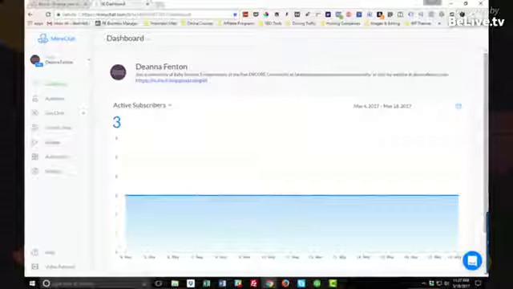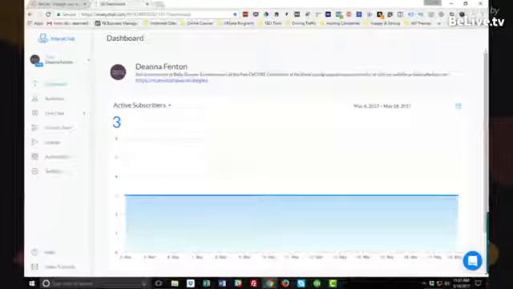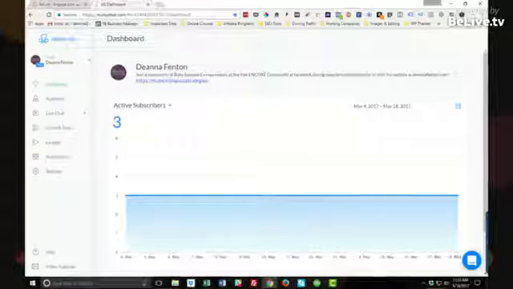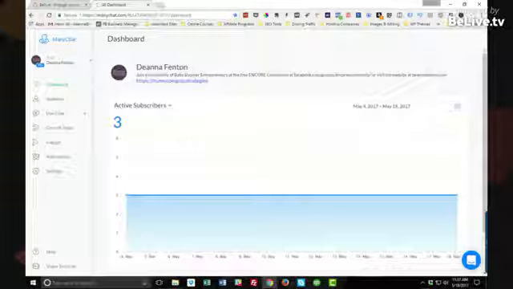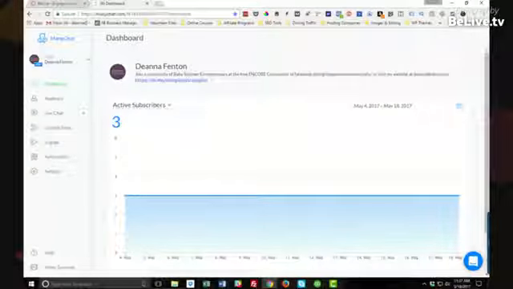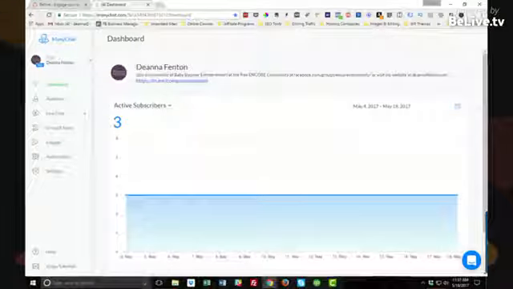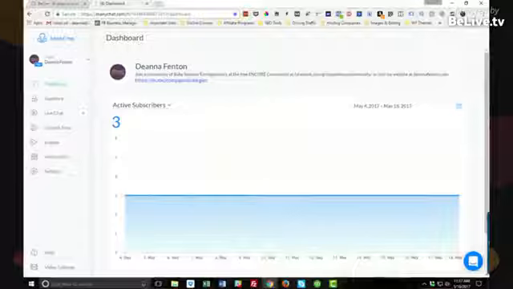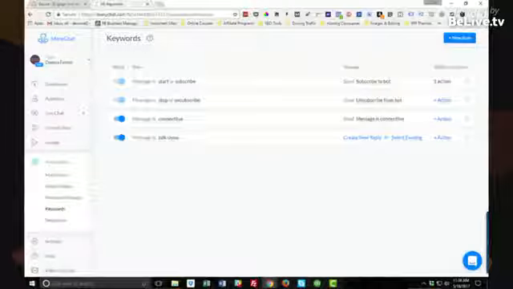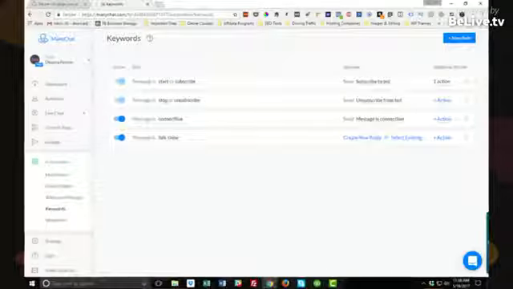So this was just an example, and you can see I haven't done a tremendous amount of testing with it. I have 3 subscribers right now. But it is a platform that allows you to create automation sequences using Messenger as the platform. So if I go over and show you another screen here, this is an example, and this was the first test that I used.